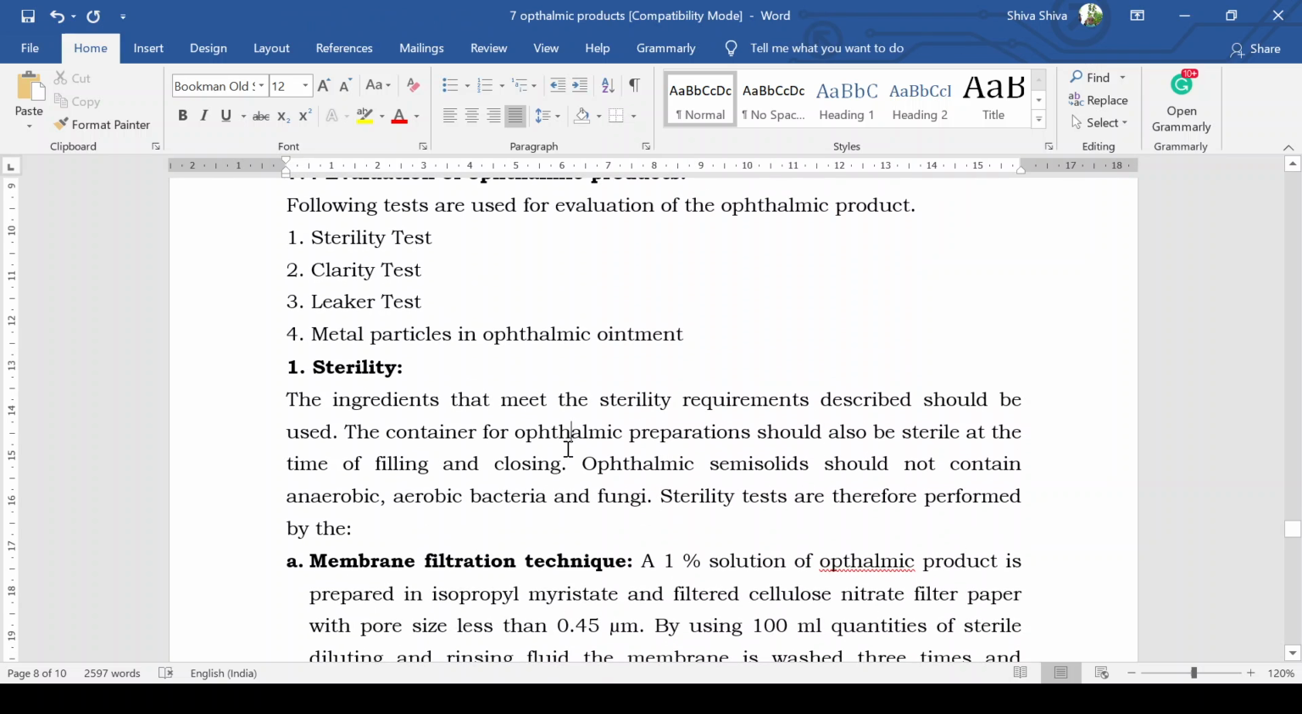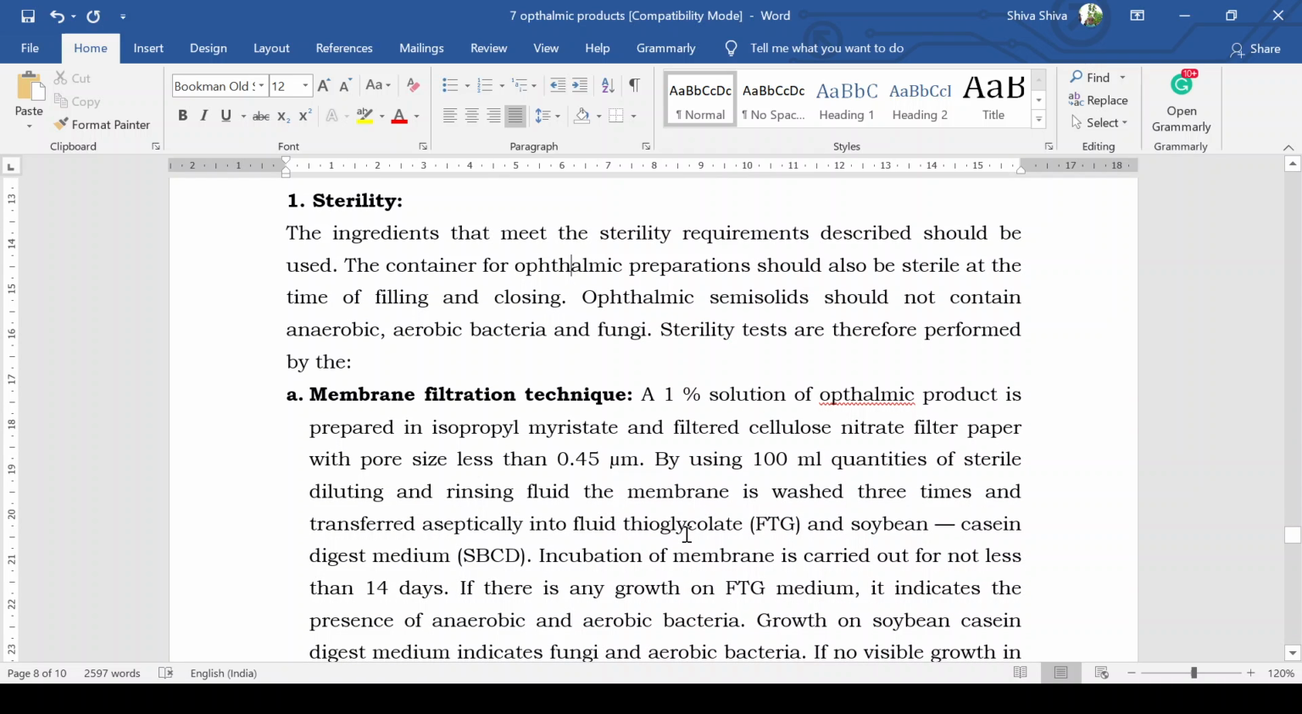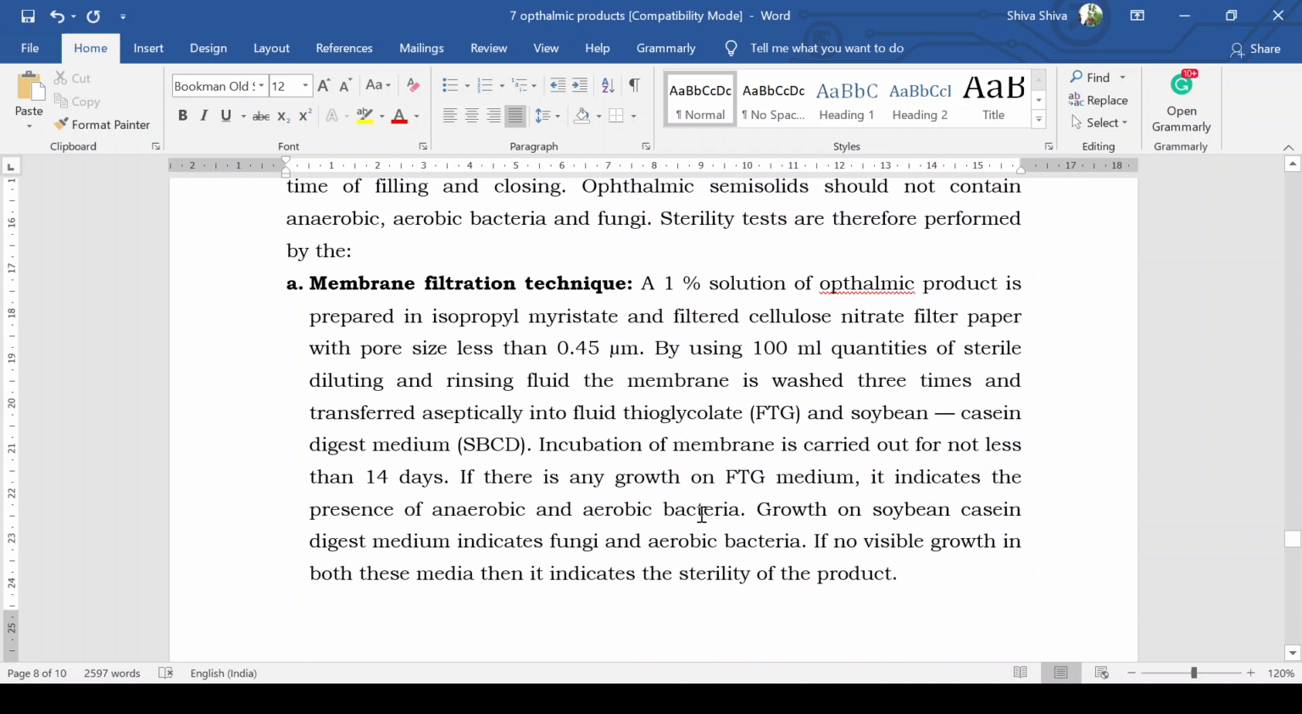For the sterility test, the ingredients that meet the sterility requirement described should be used. The container for ophthalmic preparation should also be sterile at the time of filling and closing. Ophthalmic solids should not contain anaerobic, aerobic bacteria and fungi. Sterility tests are therefore performed by the membrane filtration technique. So a 1% solution of ophthalmic product